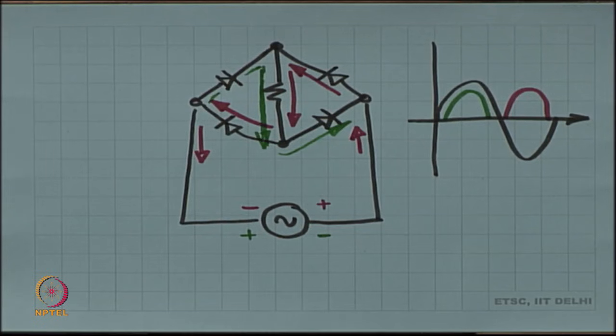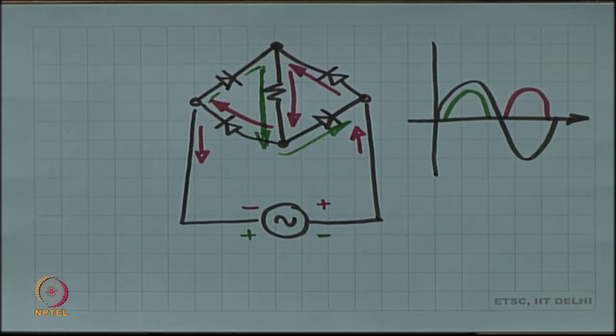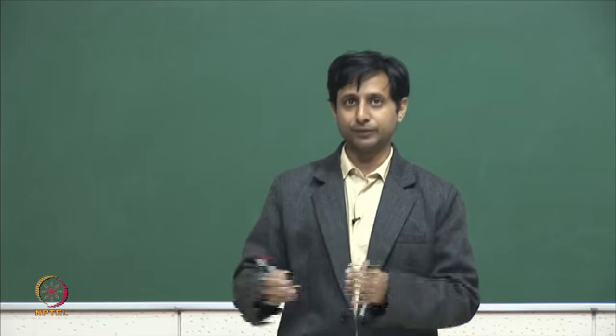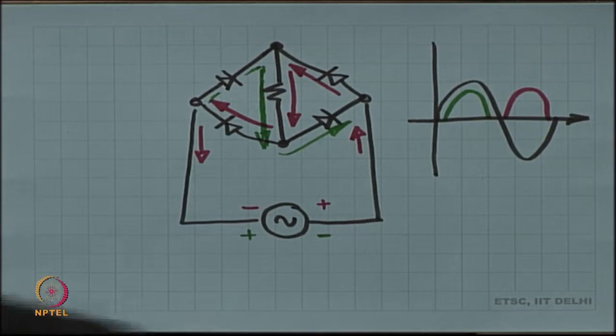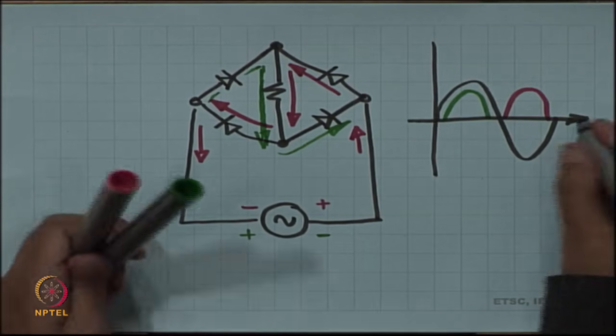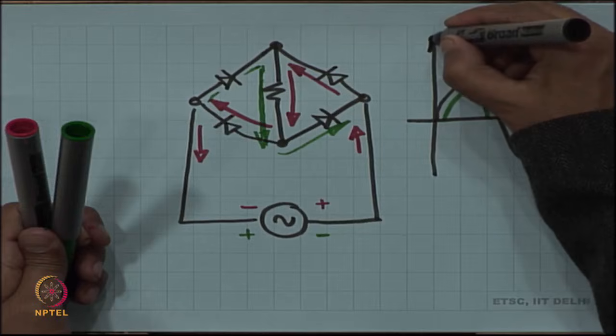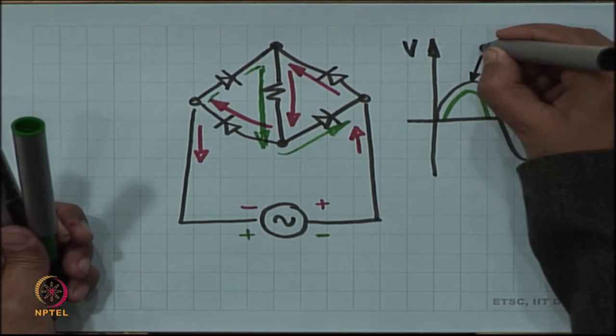Okay. So, the green and the red correspond to the voltage drop across the resistor in the two different cycles, half cycles. What I have drawn on the graph: the x axis is time and the y axis is voltage. So, this is your input voltage,